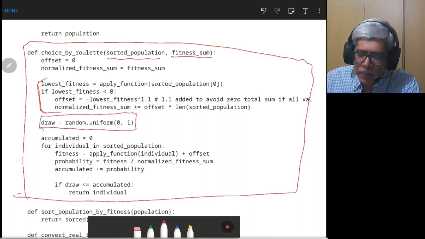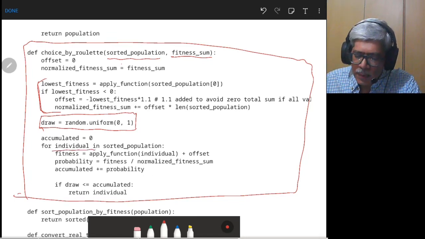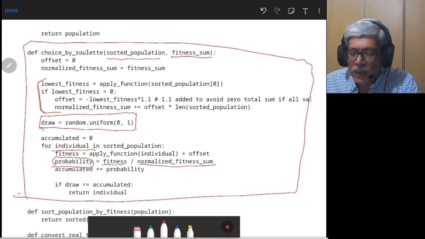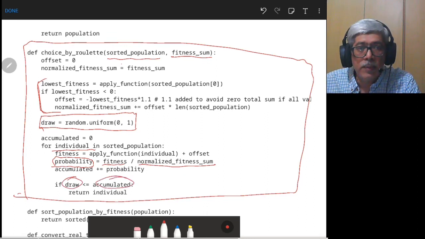You draw a random number between 0 and 1. Then for each individual, you find the probability corresponding to that member by taking the ratio of fitness to the normalized fitness sum. If the draw is less than the accumulated probability, then that individual is selected, otherwise it is not selected.